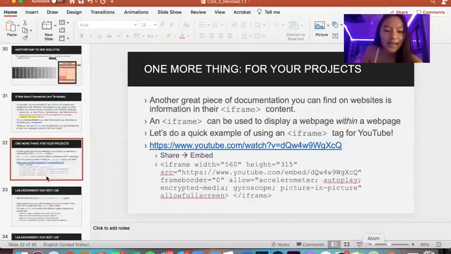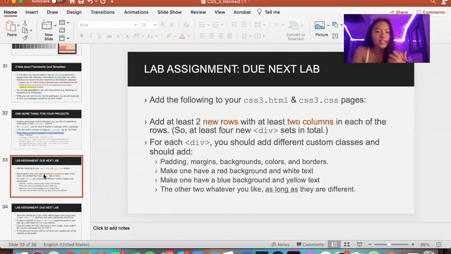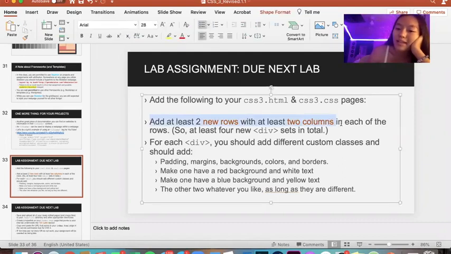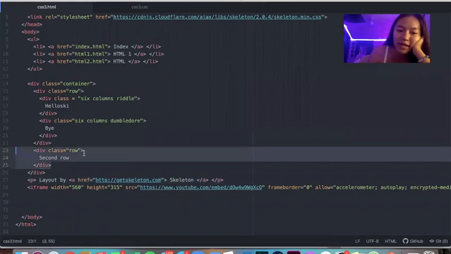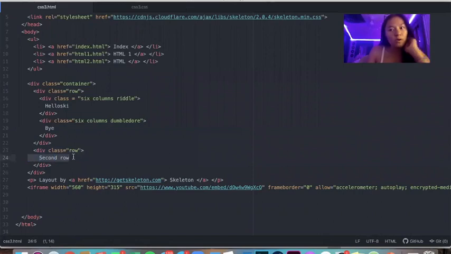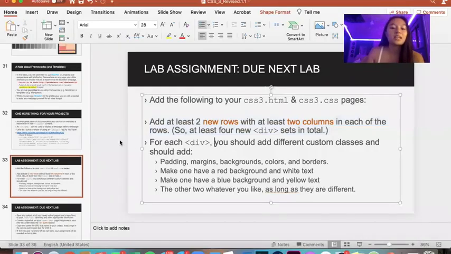Anyways, so that's basically all the new content for today. So for your lab assignment, all you gotta do is add the following. Add at least 2 new rows with at least 2 new columns, like we set you up for earlier with the second row right here. All you got to do is add another one and add at least 2 more columns into your new rows. And within each div tag, each of those rows or columns,